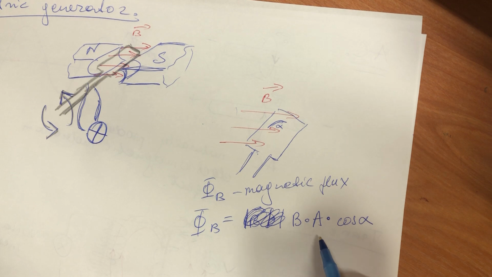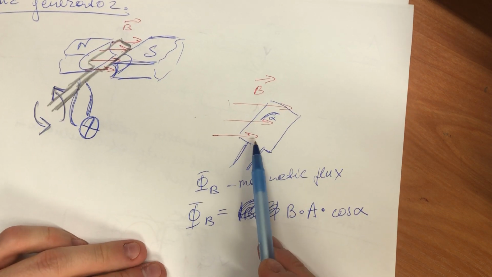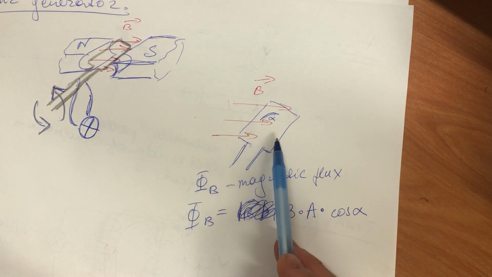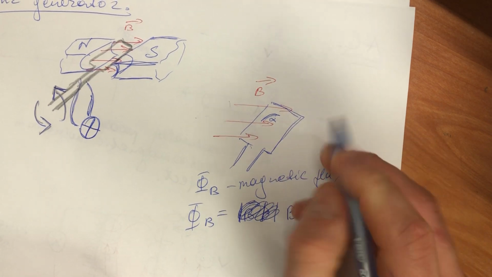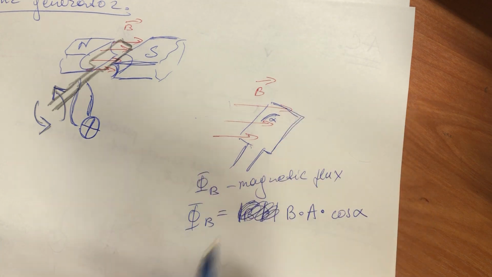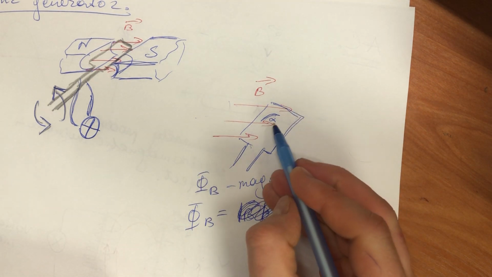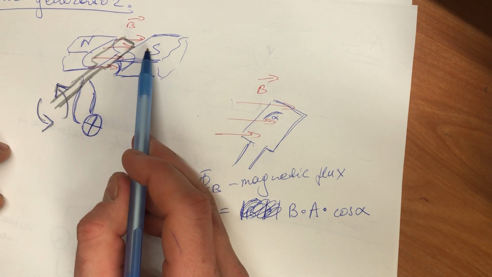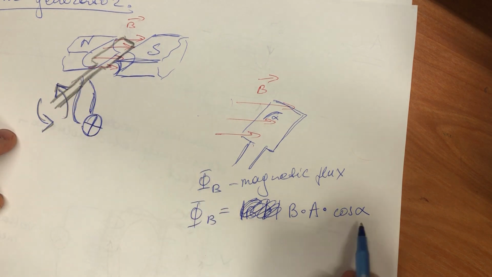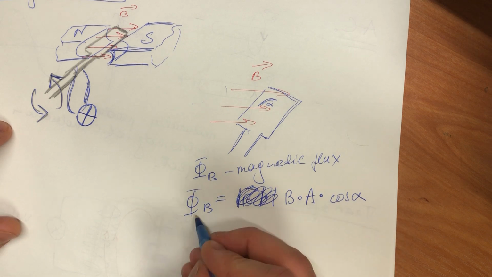So any of this can change. So it means that the magnetic field can change, the area of this rectangular loop can change, so it can become smaller or larger, and the angle may change. So in this case, when we turn, we change the angle. The magnetic field is the same, but we turn the loop, we change this angle, alpha changes, and because